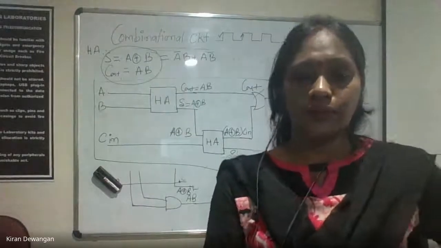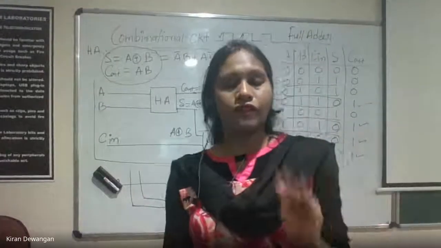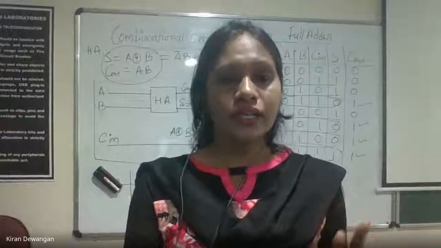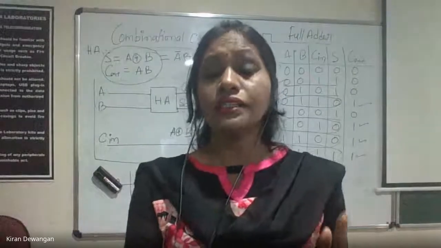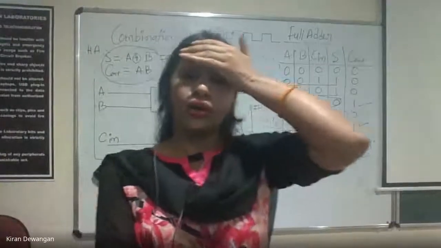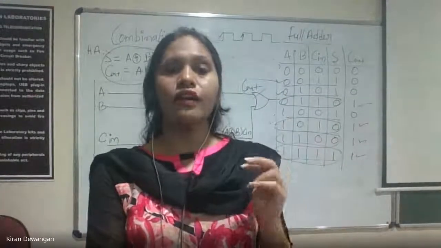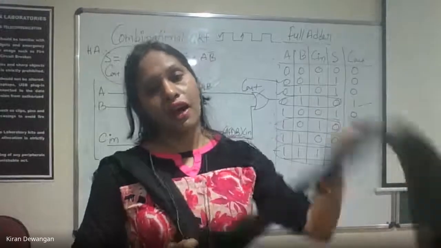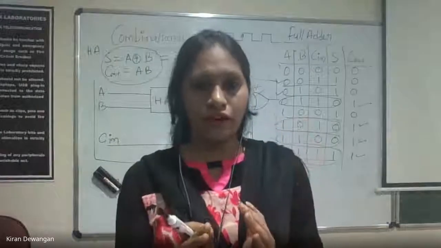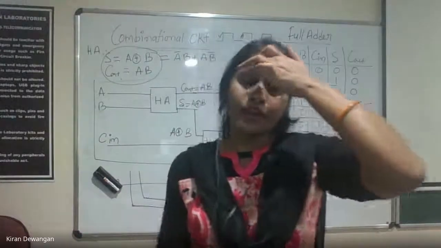Is this clear or not? Just tell me if it is clear. Clear, right? Everyone? How many half adders are required? 2 half adders. And what else is required? Including 2 half adders, we need an OR gate. Correct. So we need to have 2 half adders and 1 OR gate to design a full adder circuit using half adders. हमें अगर हाफ एडर से फुल एडर डिजाइन करना है तो we need 2 half adders and 1 OR gate. That's it. And we can easily design our full adder circuit.